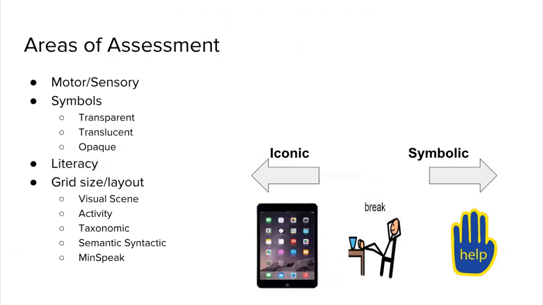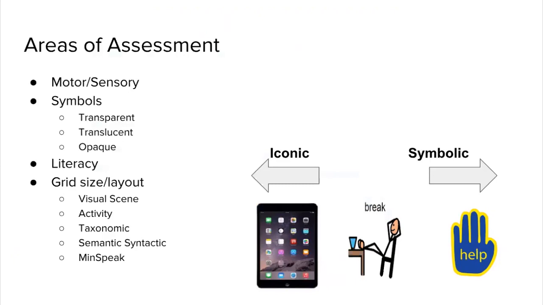And this can be overlooked at times. If the person that you're going to be evaluating or that's going to be trying out the system isn't ready to use symbols and they do better with pictures, you're not going to be very successful if you just use a standard layout that's completely symbolic with all the icons. So really important. Literacy: can the person read? If so, can they spell? Then you've really opened up some options. And you're going to pick a different layout based on that and make sure that they have a keyboard and that there's text buttons. And so that's really important.